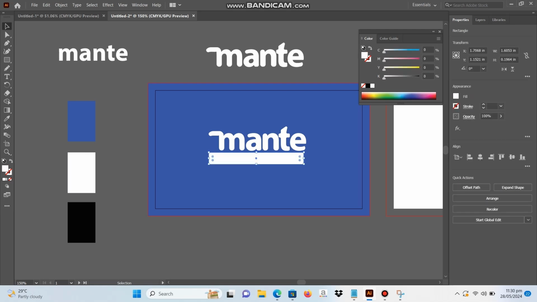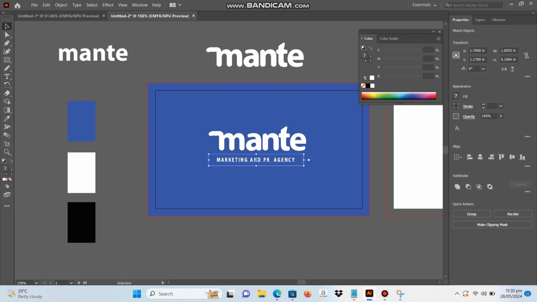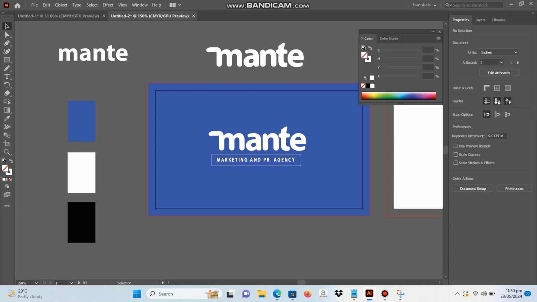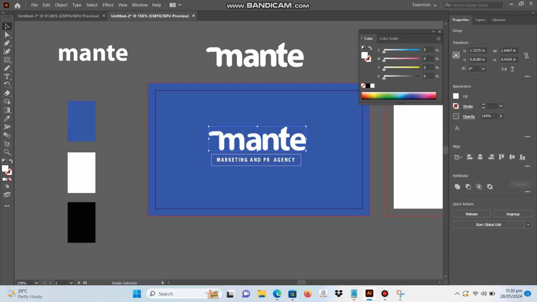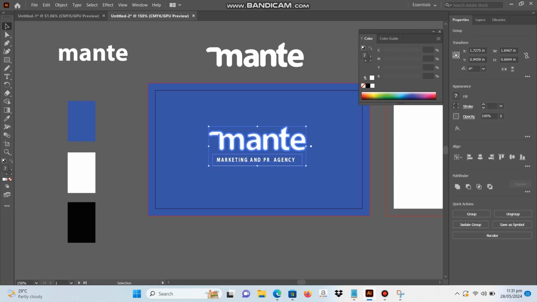And then I just take a rectangle tool and turn off the fill color, and I'm going to use the outline. And let me tell you one thing: as you see, I did a customization of the letter M, that's why the alignment is not as centered as it should be.